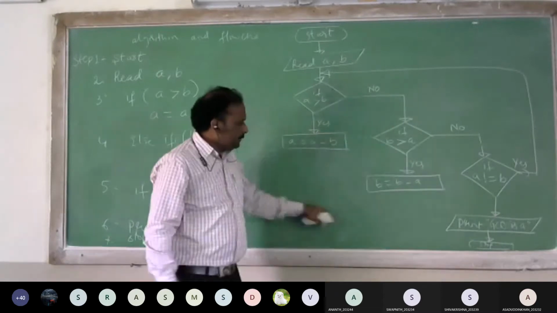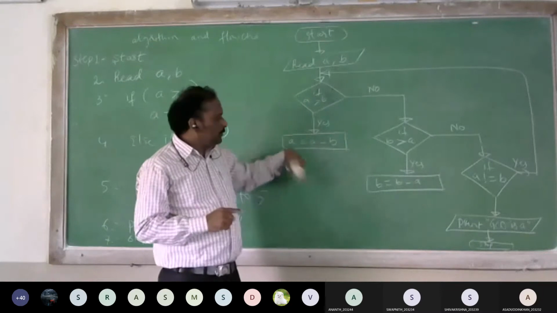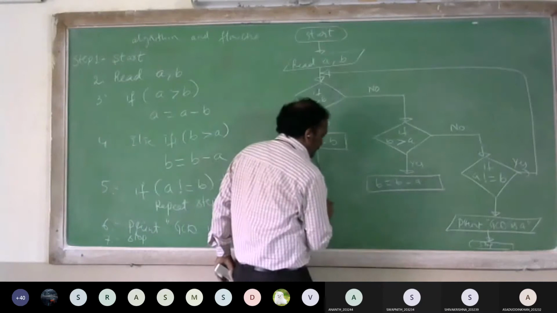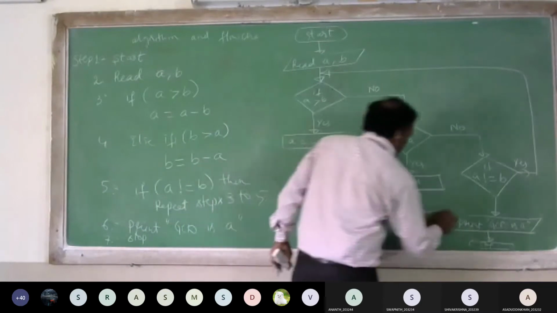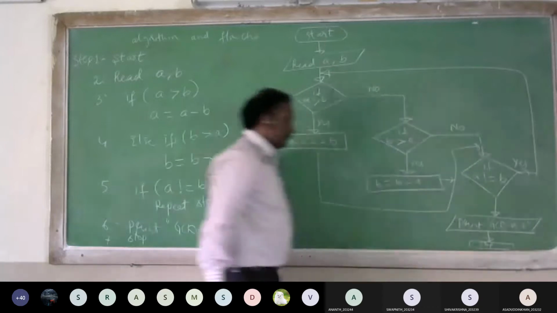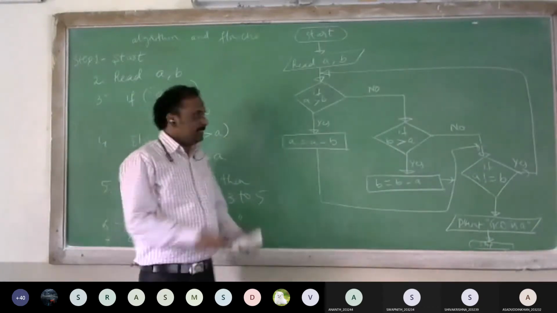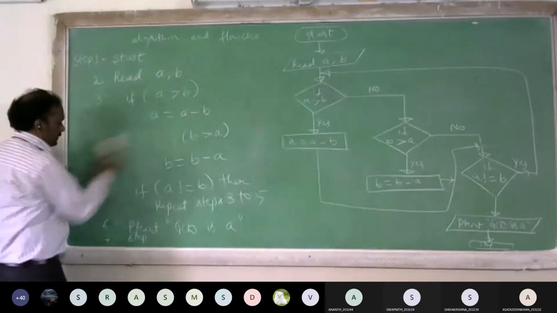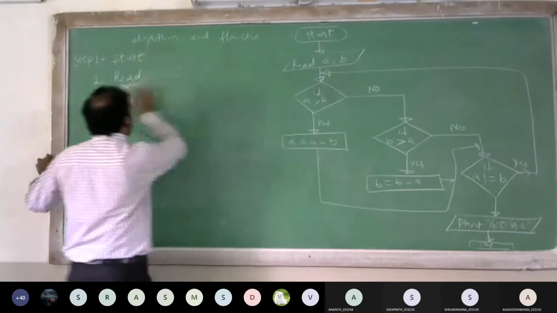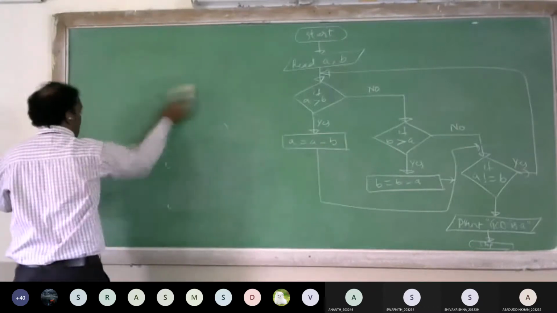We should not leave this step like this, because if you leave it like this, it will do only one time subtraction, it will not repeat. So what I will do is, I will connect this one to here. Getting everybody? Yes, sir. Now I will show why we need to connect like this by tracing. I am erasing the algorithm. I will show by using the flowchart tracing.